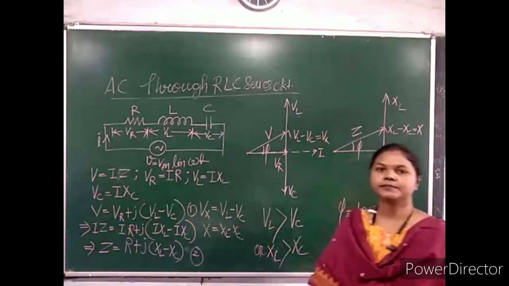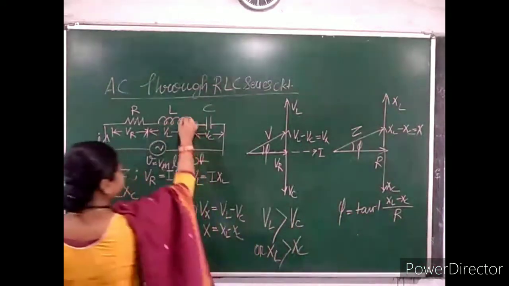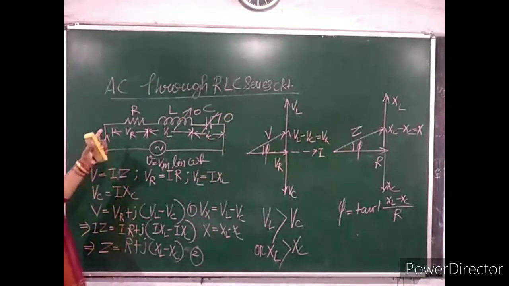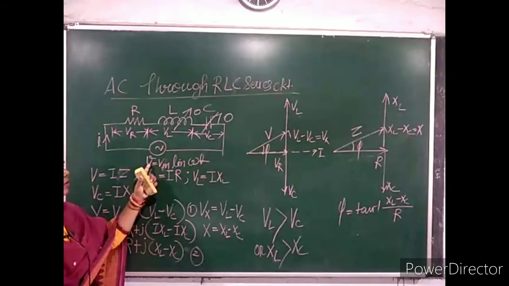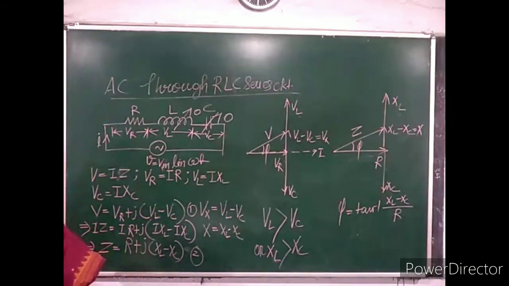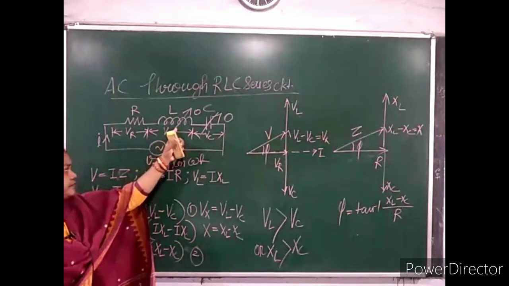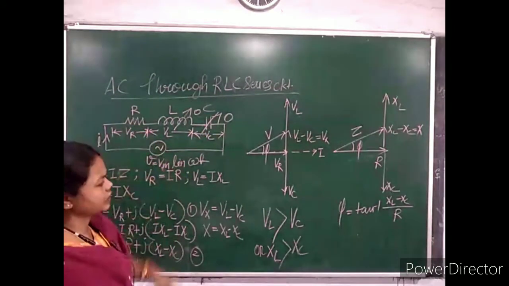As you have learnt, the average power consumed by inductor and capacitor is 0. So the power consumed is only due to the resistive part. You may express this average power from the product of instantaneous value of voltage and current, or directly, since the power consumed by inductor and capacitor is 0, it is only due to the resistor.